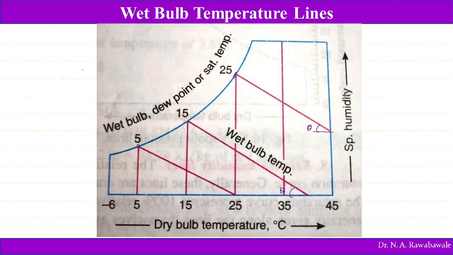The wet bulb temperature is given along this saturation curve. That is 5 degrees, 15 degrees Celsius, 25 degrees Celsius. In this way, at this point, the dry bulb temperature, wet bulb temperature and dew point temperature are going to be the same at the saturation curve. If the dew point temperature is 25 degrees Celsius, then the wet bulb temperature is 25 degrees Celsius. Here the dry bulb temperature is also going to be 25 degrees Celsius at the saturation curve.